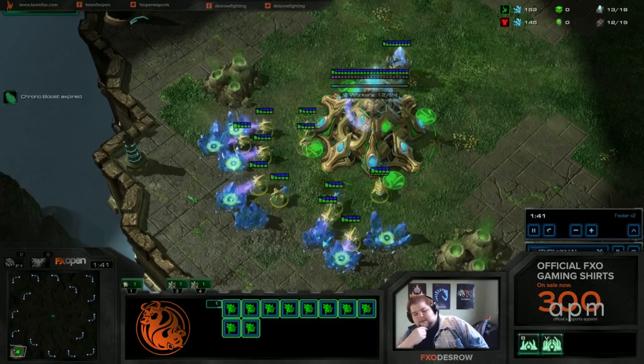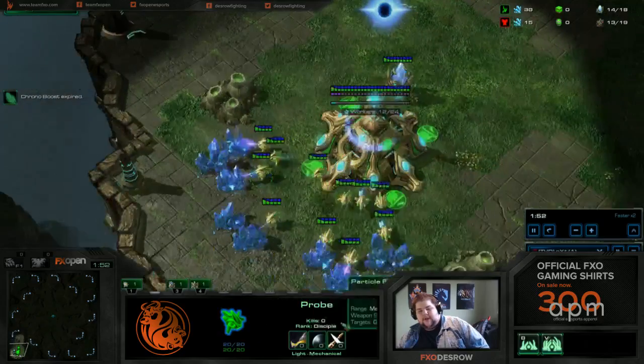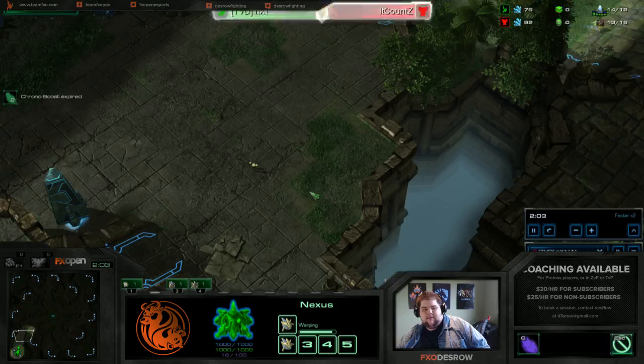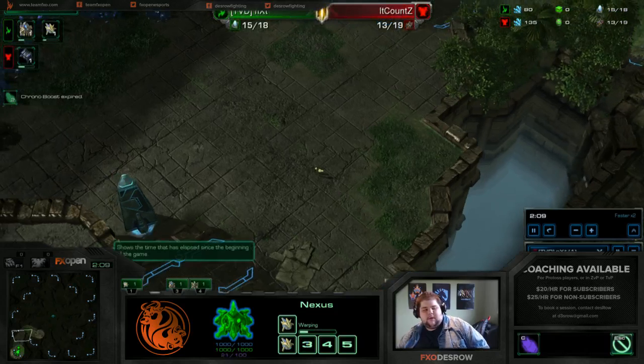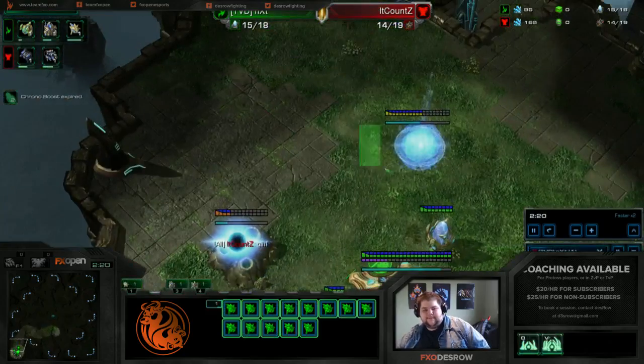I mean, this map is a little tricky for the scouting part. Once you scout after gate, that's fine. That's good. We'll put the production tab. We'll put the title like this. Alright, so